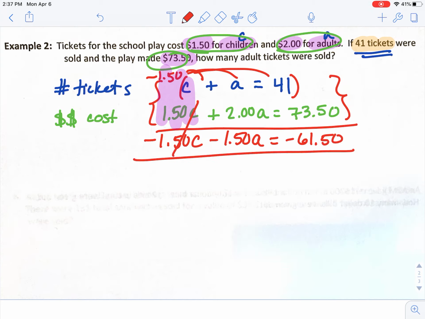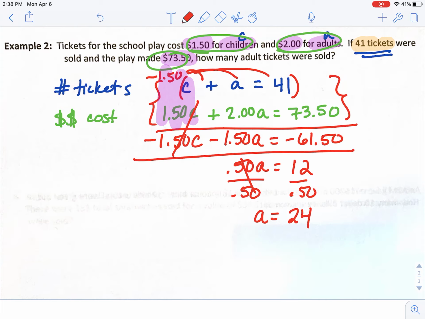I can cancel out my c's. 2 minus 1.50 is 0.50a. 73.50 minus 61.50 is 12. Divide by 0.50,